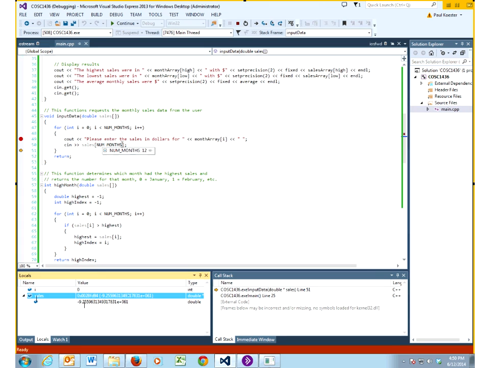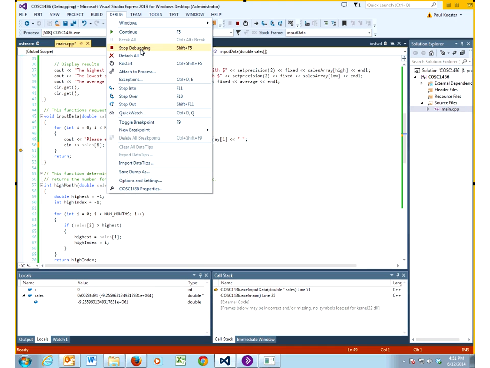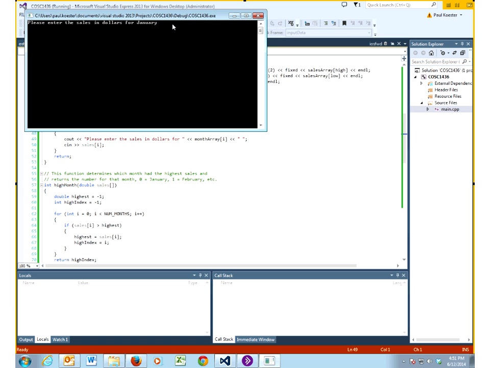That's i. Right? So there's the first problem, that we used the value to show how many elements there were in the array instead of telling it which specific element to store it into. That's why none of the values 0 through 11 were set. Okay, so we'll fix that problem. We don't need this breakpoint anymore, so I'll delete it. And we'll go back up, we'll stop debugging, and then we'll start debugging again. And I'll start entering data this time. 1, 2,